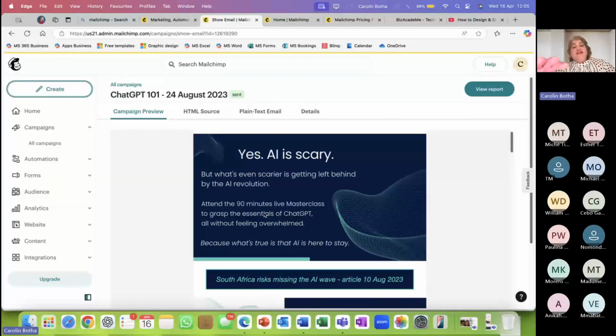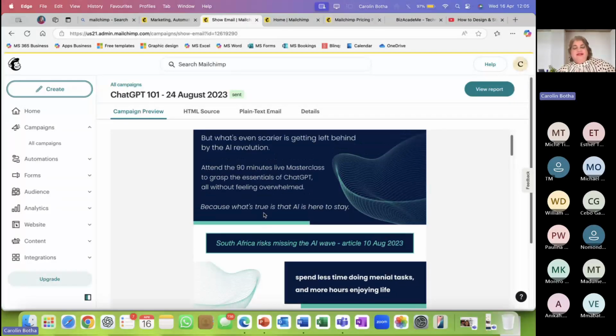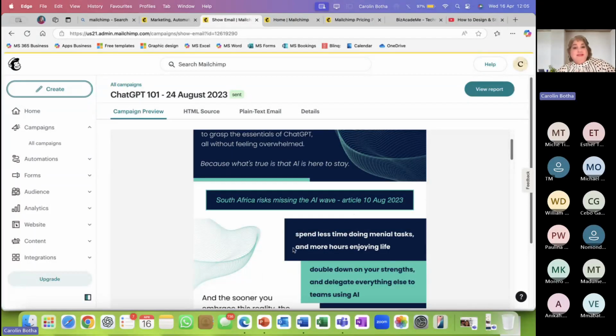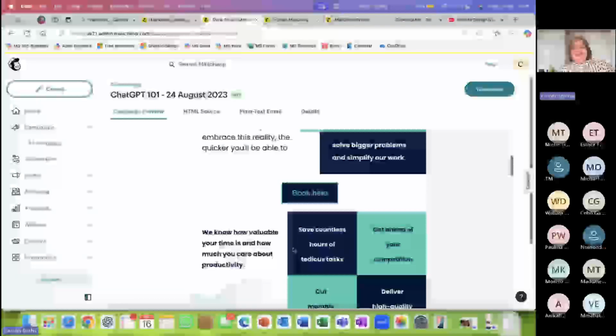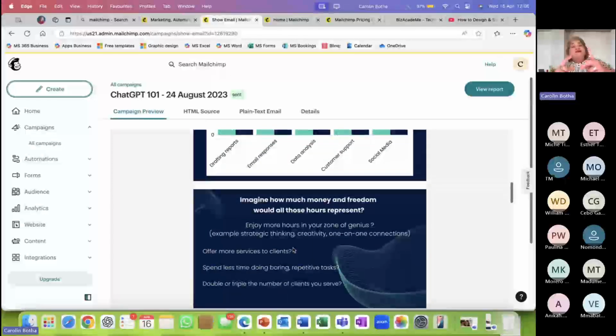What I've done is I've designed all of this in Canva, believe you me, because MailChimp has its designs, but there are limitations. So I designed each of these blocks, if I can call it that, and imported them into MailChimp, because I can't send out mass emails in Canva. So Canva has its place, MailChimp has its place. Even though you can design in MailChimp, I found it better to design in Canva, and that we will do tomorrow.